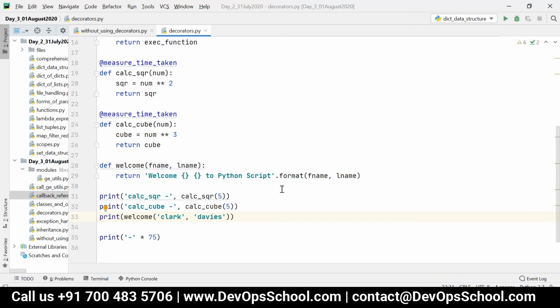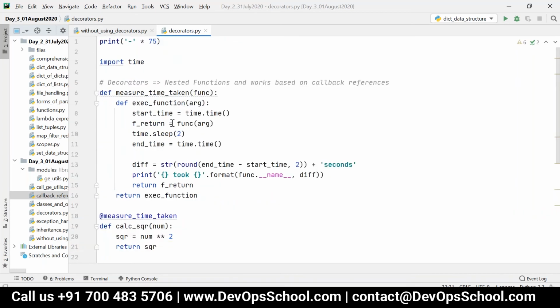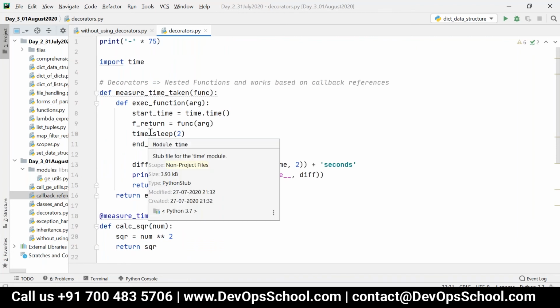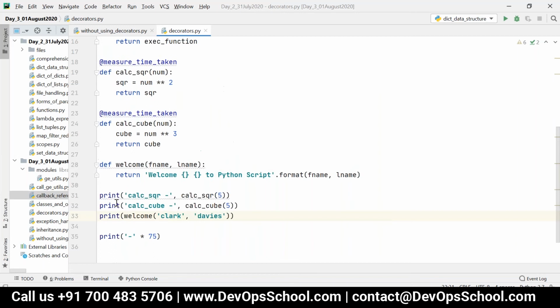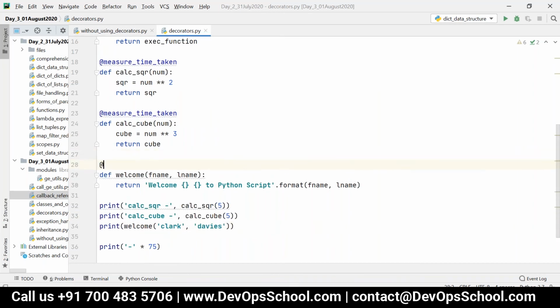All right, see, whatever decorator that I have written is a generic decorator. I can apply this to any function, because for any function I can calculate the time, right? So now I can apply the decorator over here, measure time taken.